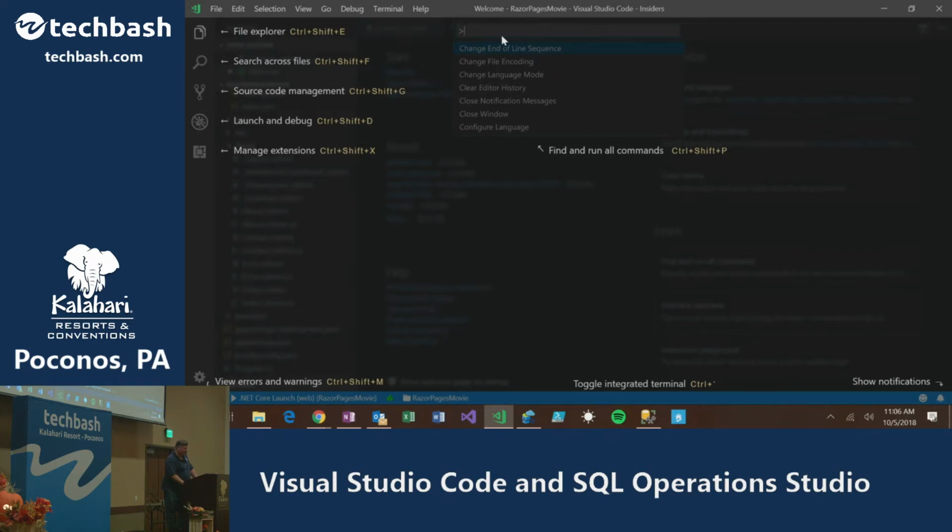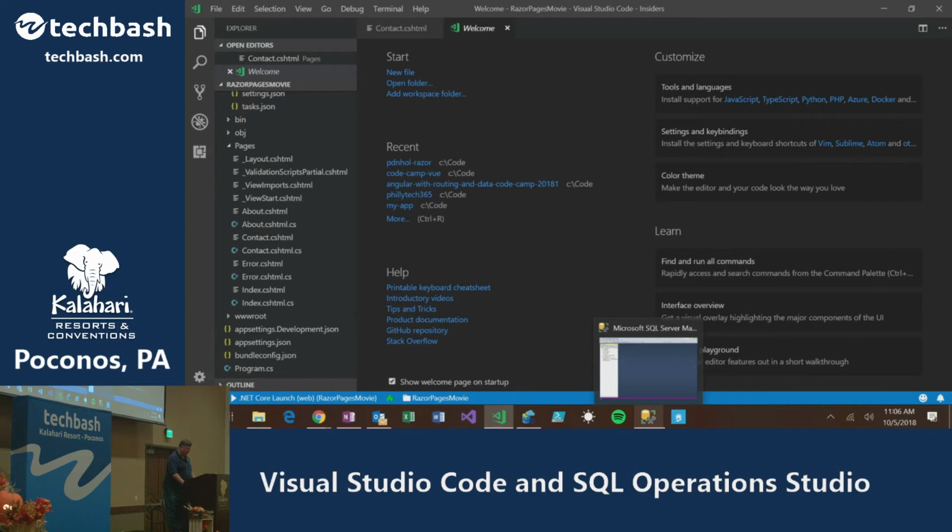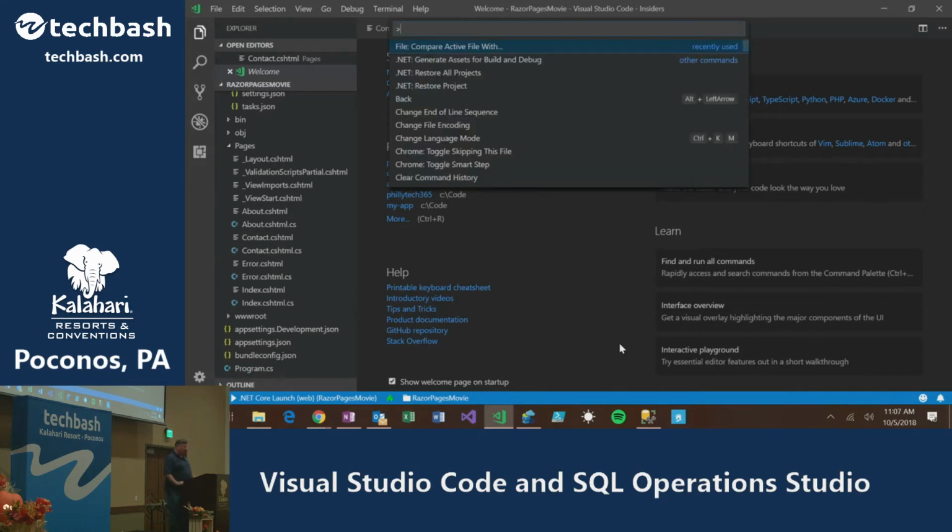There is a command palette, which I'll show you in a moment. The settings is Control-Shift-M, and then in a little while I'll show you the integrated terminal, which they have in both products.